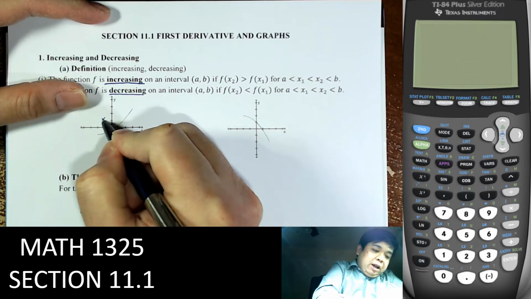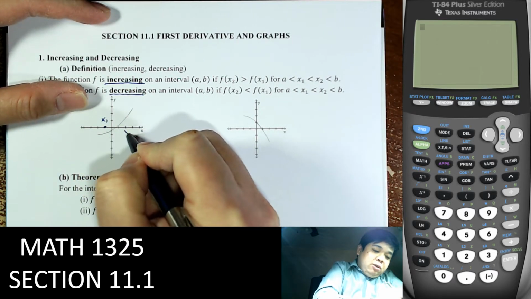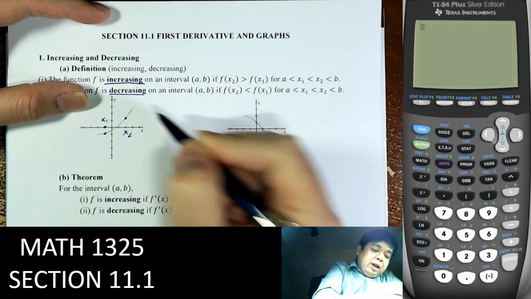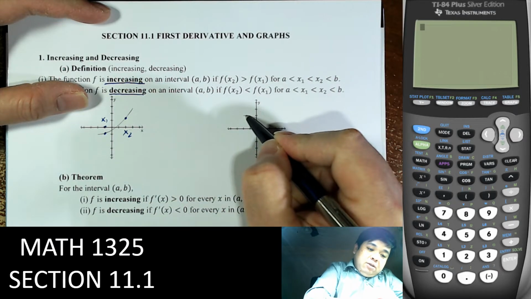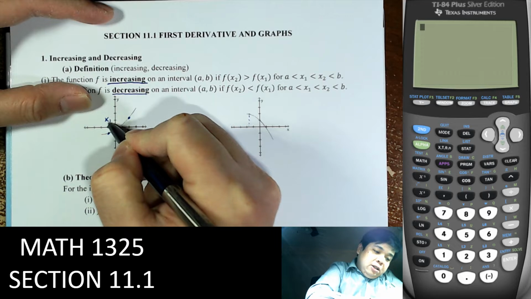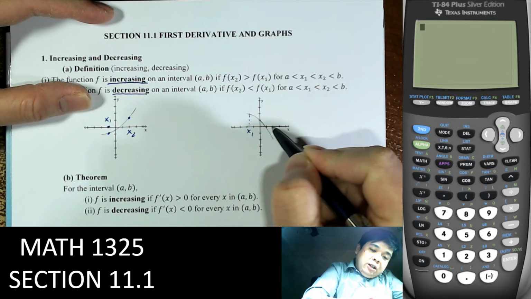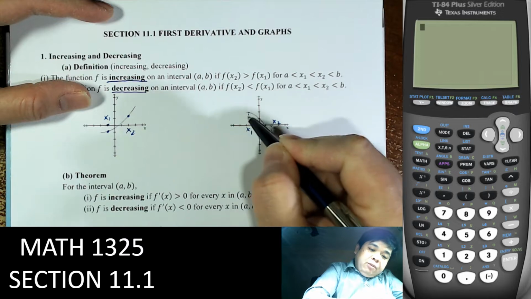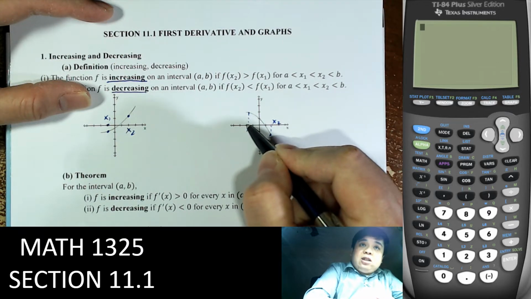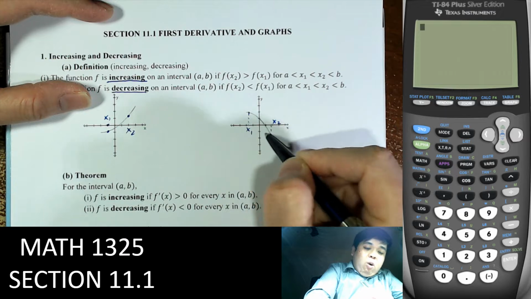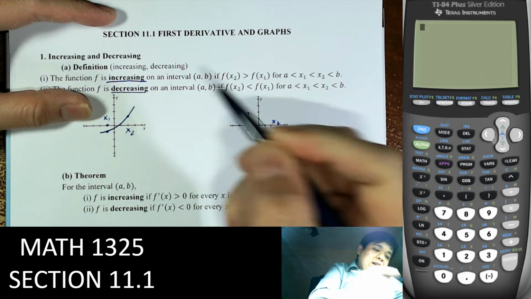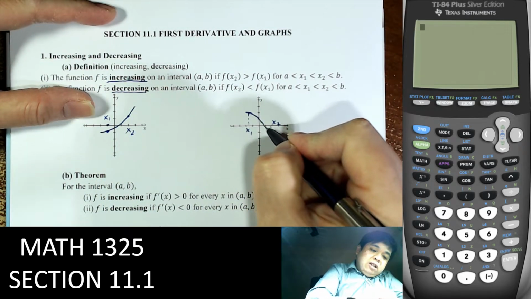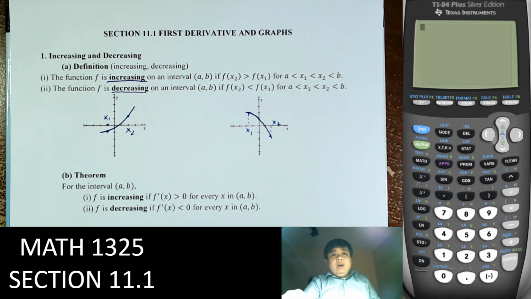So here we have x1 and x2. If the value is increasing as x is increasing, then it is increasing. If for x1, x2, the values of x are increasing and the values of y are decreasing, then it is decreasing. Obviously, if the graph goes up, that is increasing, and going down, that is decreasing. So that is obvious. Now, but how is that related to what we learned in the previous section, namely